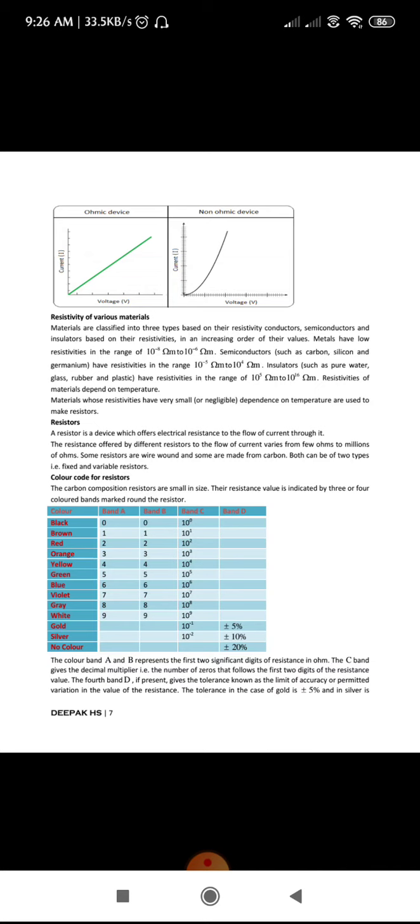If you get confused and write brown first and black next, the value you get for the given resistor will be entirely different. It will be wrong. So please make sure you practice this table, or you can buy it. Whichever is convenient, just go through it, but make sure you are aware of this color sequence.